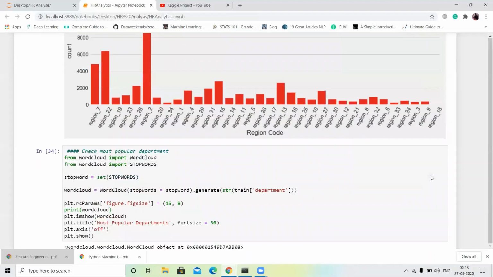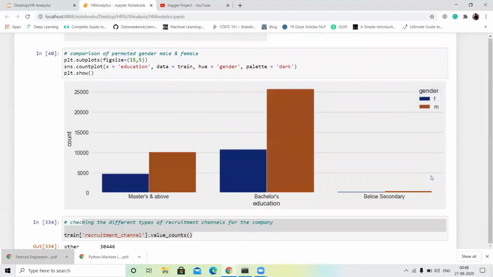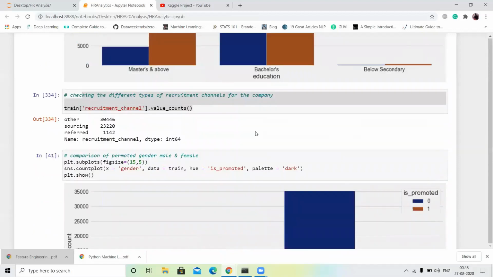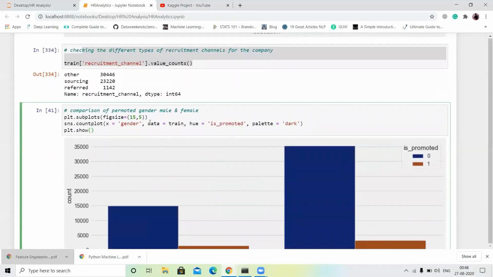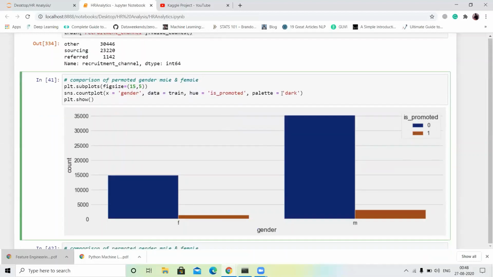First I define our figure size, then I call sns.countplot, then I define the x value, x is equal to gender, data is equal to train, and hue is promoted or not. And then this is our color, palette is equal to dark.